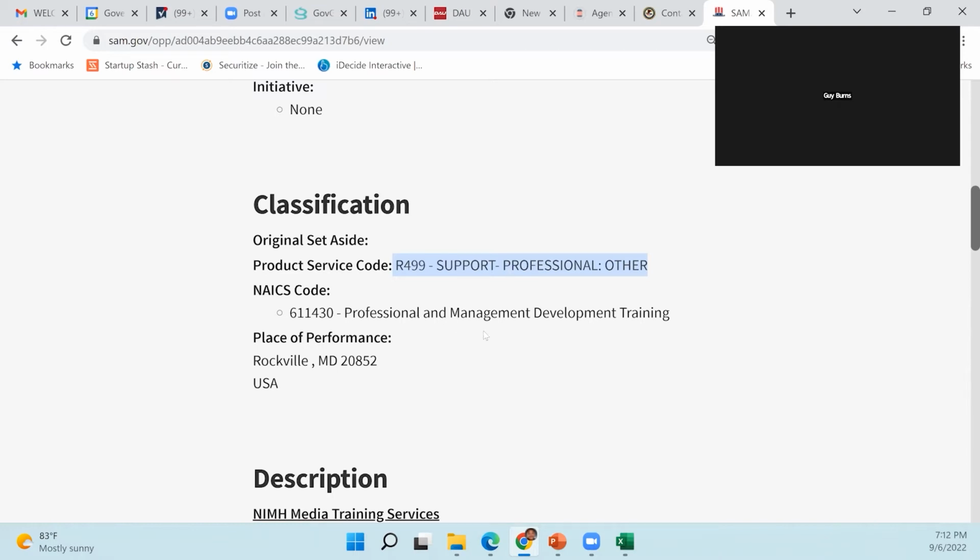So a NAICS code tends to be pretty broad. In this case, it has to do with any personnel development. So almost any training outside of computers. 611420 is computers. But anything else, communications, leadership, hazmat training, all kinds of stuff falls into 611430. So R499 breaks it down more into this type of specific training. It's important on your capability statement because sometimes, if you did metal fabrication but only aluminum welding and not stainless steel welding, it's important to understand your PSC codes.